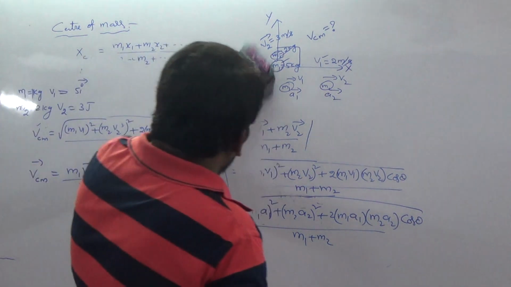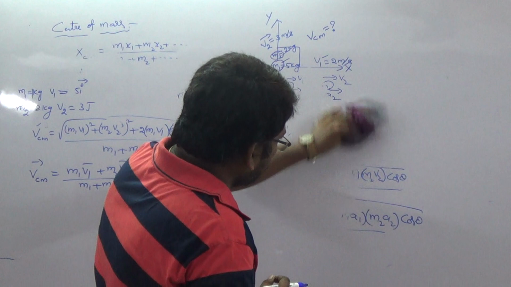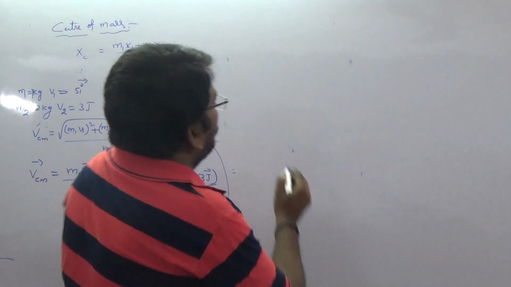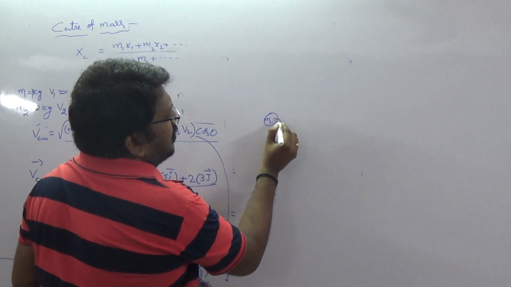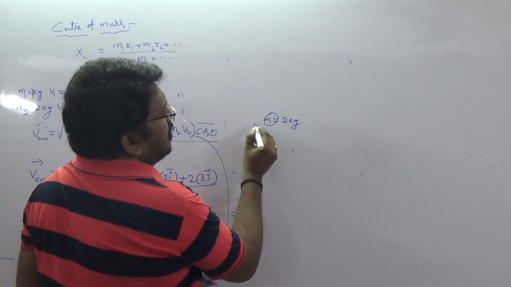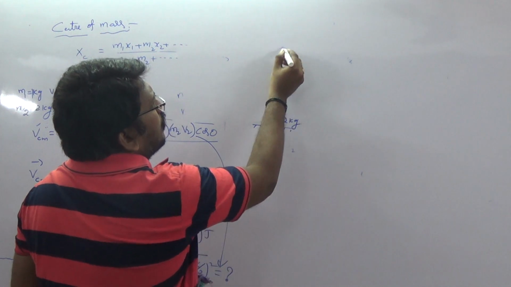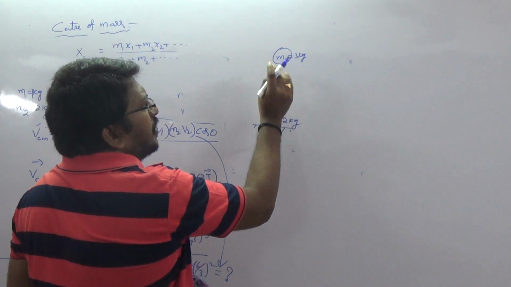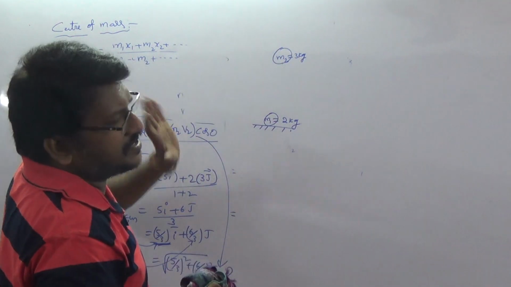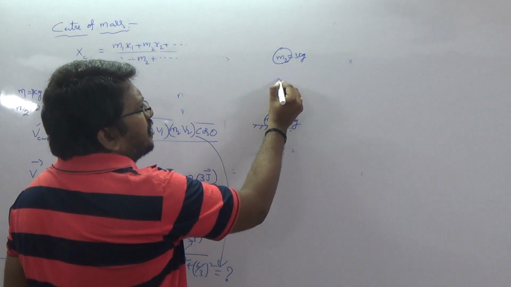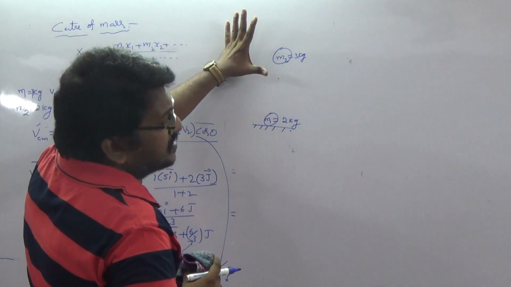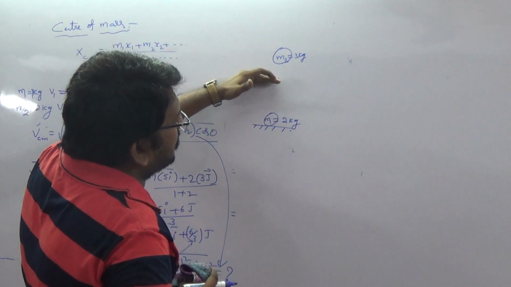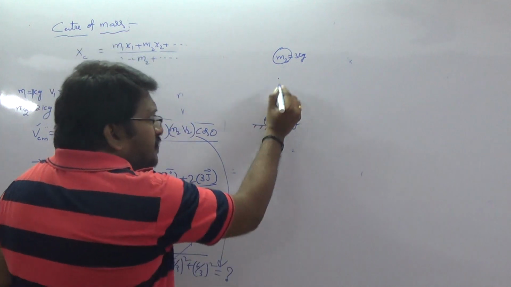For example, in this concept, a particle of mass m1 of 2 kg is on the ground. One more particle of mass m2, I am taking 3 kg, is freely dropped. When both are at rest, the center of mass is near the 3 kg mass. Now when it is freely released, what happens? When it moves towards this body, the center of mass is also displaced by something. The velocity of center of mass is given.